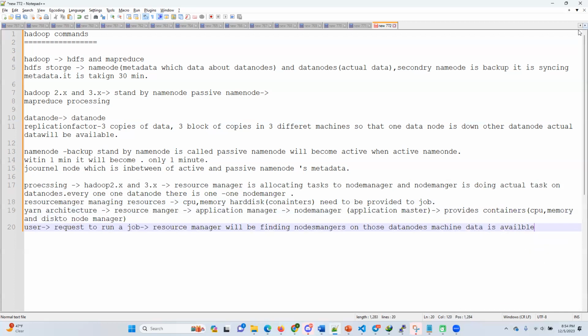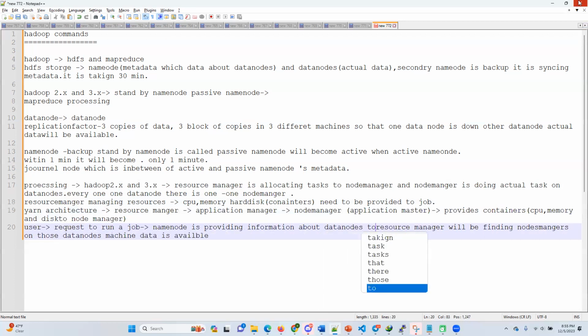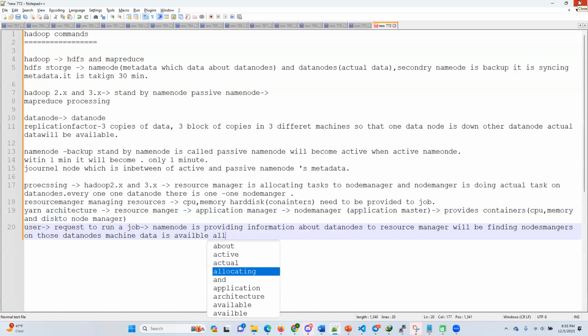In the cluster there are so many data nodes, but only specific data nodes' node managers perform the task. Who gives this information? The name node provides information about the data nodes to the resource manager, and the resource manager finds the node managers on the data node machines where the data is available, and allocates the task